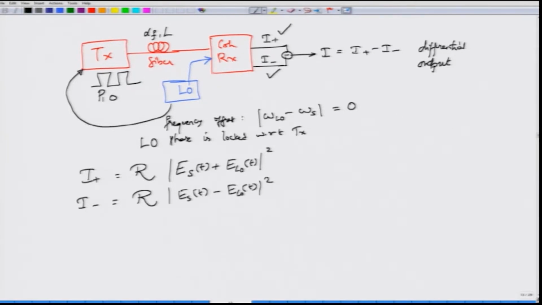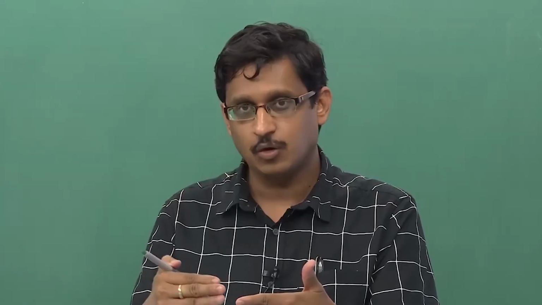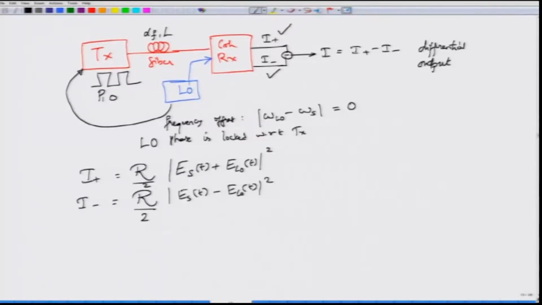In fact, Es of t plus ELO of t and Es of t minus ELO of t are coming from the output of the splitter, and each of the splitter outputs are in turn fed into the photodetectors. Because the output power is coming through the splitter, there is a factor of 1 by 2 here for each of them. So, you have I plus and I minus given by R by 2 times this factor, R by 2 times this factor. Of course, as I said, this is just the optical signal part, okay,